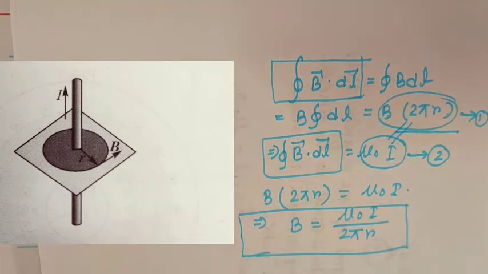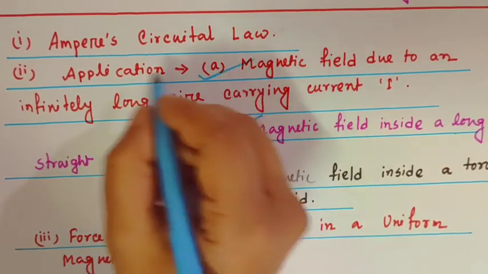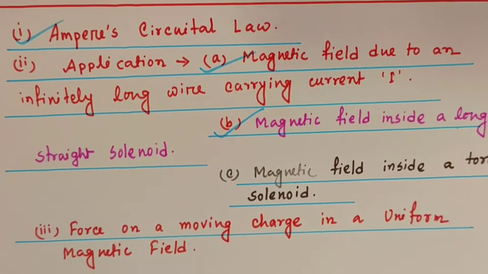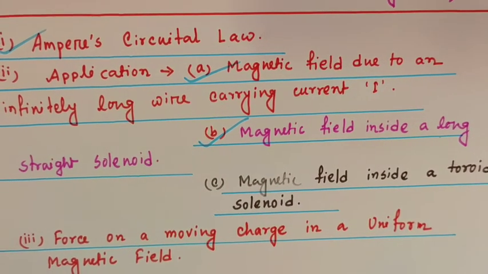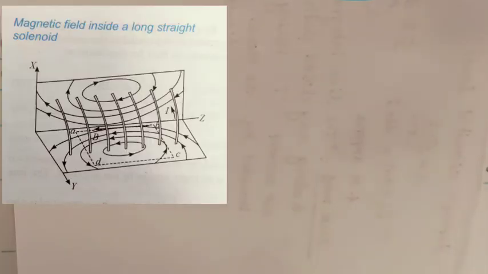Okay. Now move on to our next topic. Our next topic is magnetic field inside a long straight solenoid. Okay, so what is a solenoid? From this figure you can imagine what the shape of a solenoid is. A solenoid is a current carrying long wire wound in a helix around the surface of a cylindrical form, usually of circular cross section.